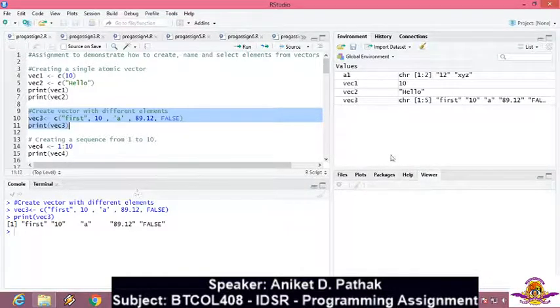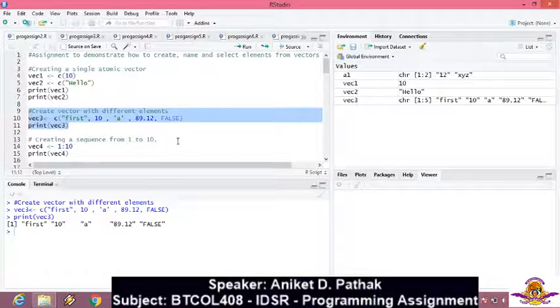Again, the vector contains 5 elements from index 1 to 5. Now remember, in a vector the logical index of the first element is at position 1 and not at position 0, as we have seen in the C language while studying the concept of array. So position 1 will have the value first, position 2 will have 10, and so on.